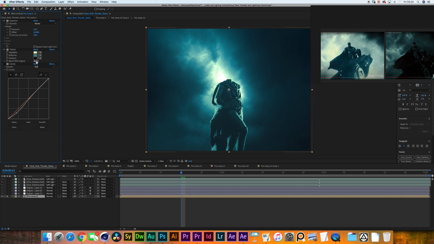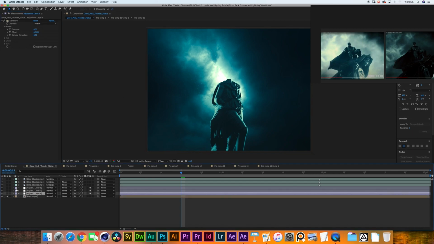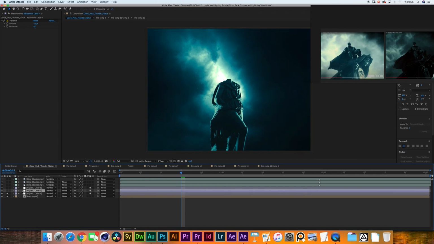Usually I would never go this low. Usually I would go for about 95%, really just giving it a very subtle detail. But in this case, because it's a pretty stylized shot that we're getting at the end, a value of 25 was doing perfectly fine. I then created a curves adjustment in which I have lowered most of the shadows, but I've then given it one more point in the middle to make sure we don't mess too much with the shoulders of our curve. I've then created an adjustment layer with an exposure effect one more time,